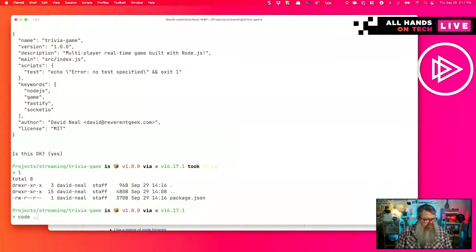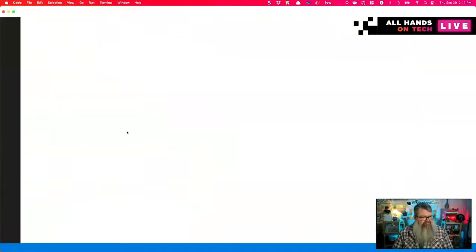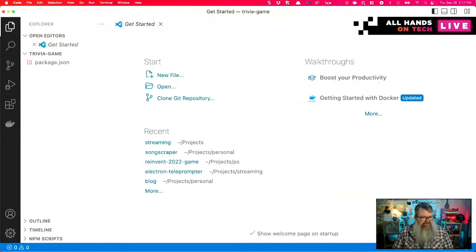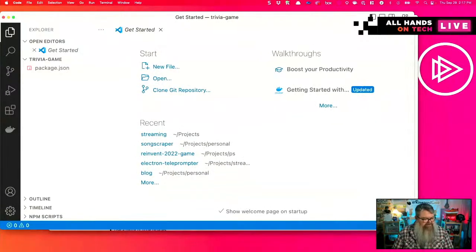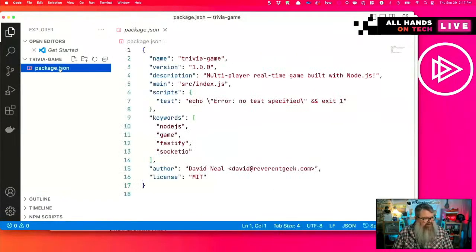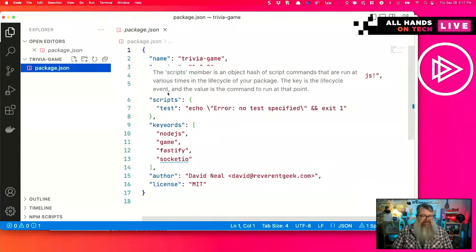So I'm going to use code space period, which is the current directory, to open up Visual Studio Code, which is my favorite editor for Node.js projects. And we have our one package.json. Now, what I just did, I typed a command at the command line, code space period, and the editor opened